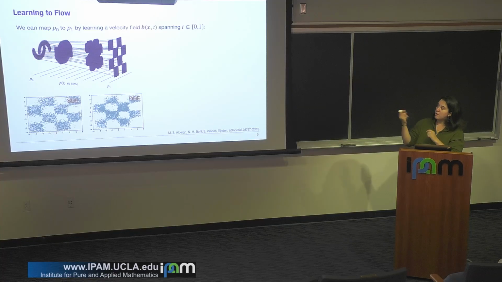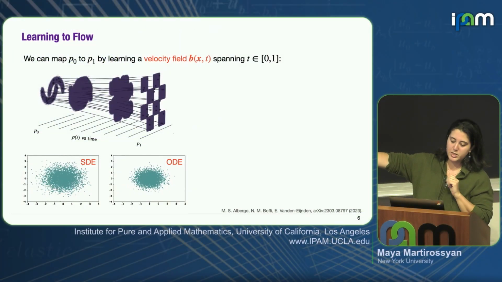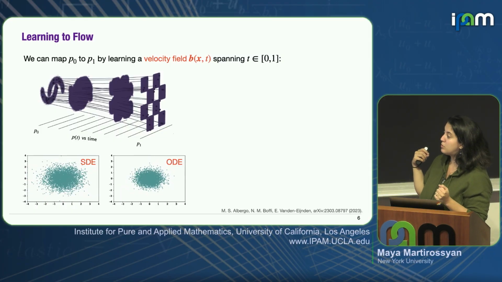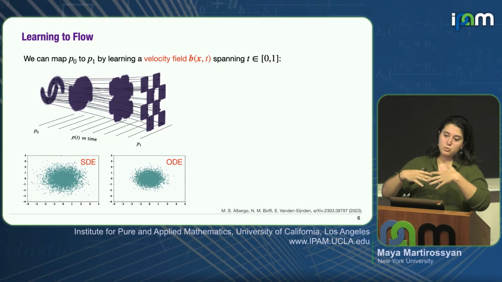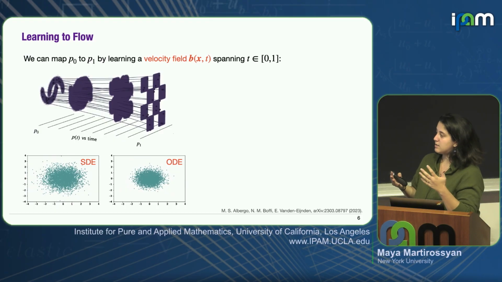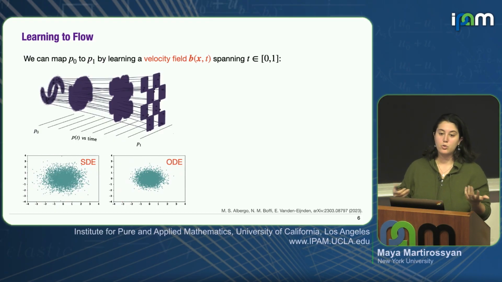these half moons that become a checkerboard, and you can see how the shape of that distribution changes with time. On the bottom, you can see something kind of similar here. It's not actually starting with a half moon, it's starting with a Gaussian, and it's going to a checkerboard. But one of these is sampled using an ordinary differential equation, and the other one a stochastic differential equation. And so you can see one of these paths or trajectories looks a lot more noisy than the other.